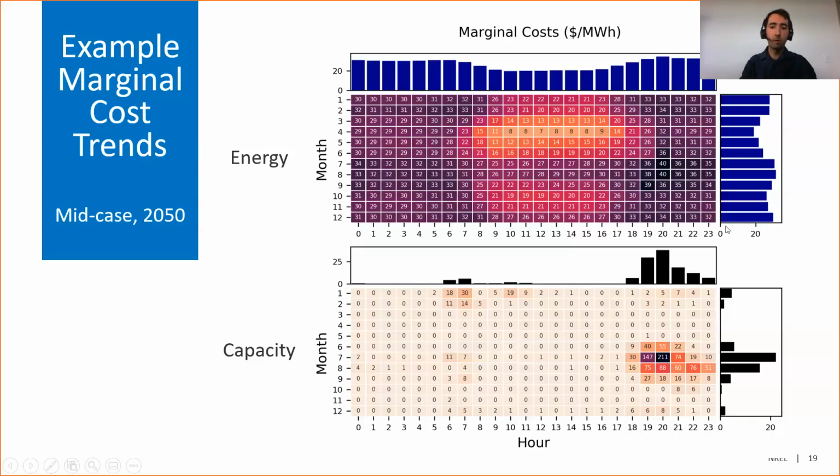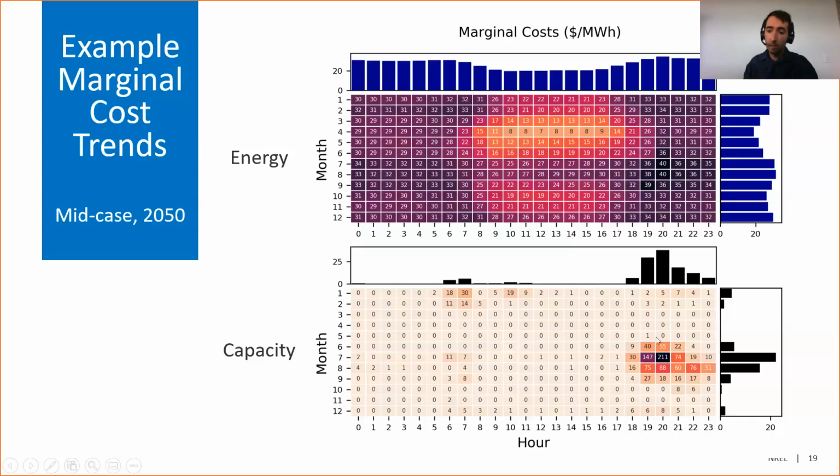I'm sorry if you haven't seen these heat maps before. I realize they can be hard to digest. You don't have to study this thing. For the energy, all I wanted to show you is that we have this splotch in the middle. That is relatively low-cost electricity because of low-cost solar. At least in this particular future, 2050 has pretty strong diurnal patterns where midday electricity is pretty cheap, and then there's higher cost electricity at the end of the day.